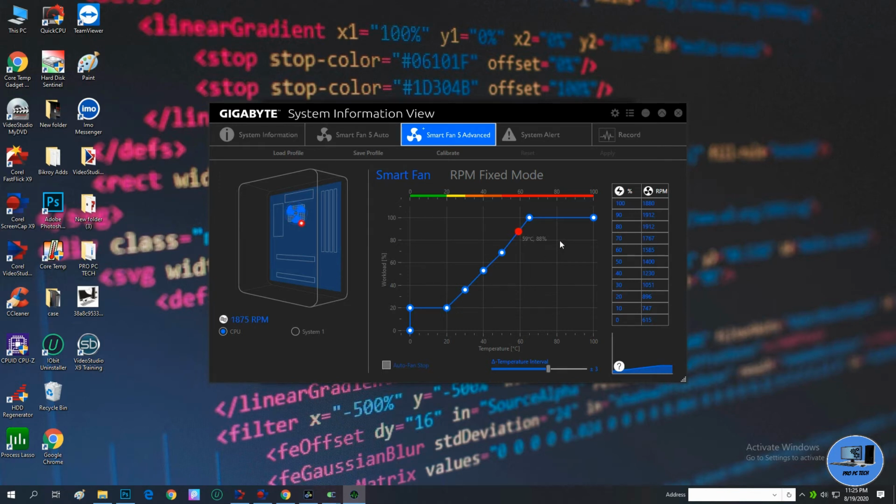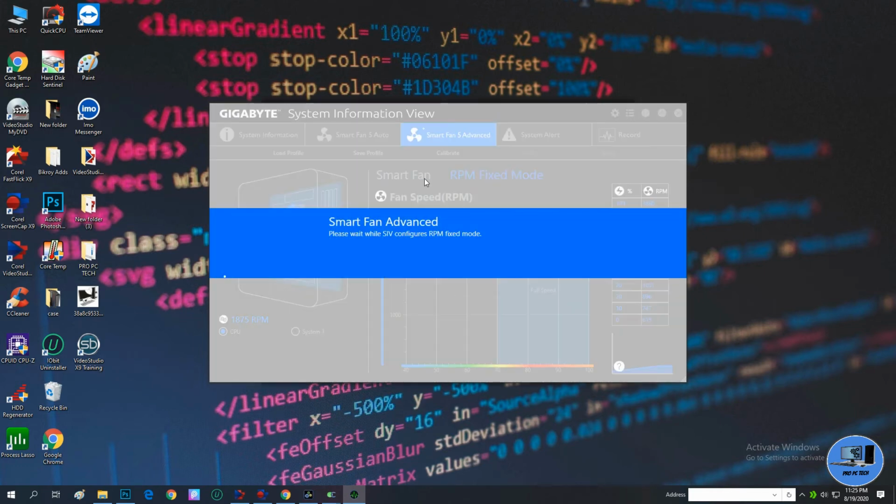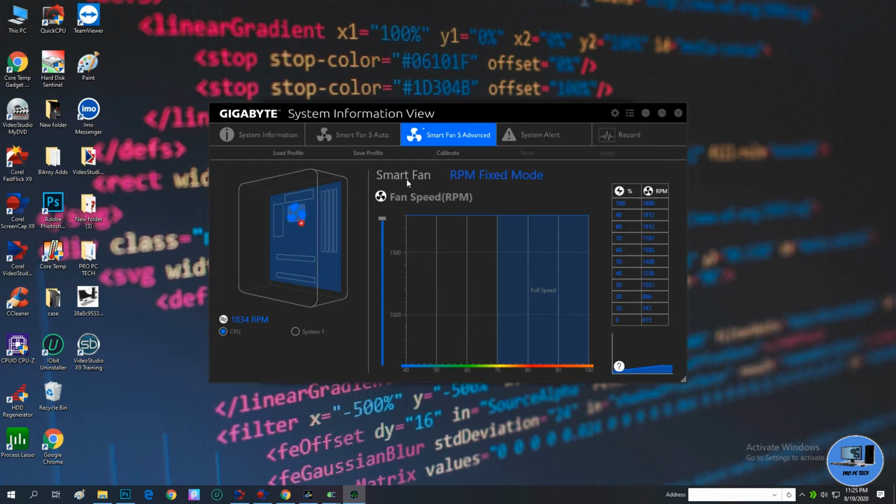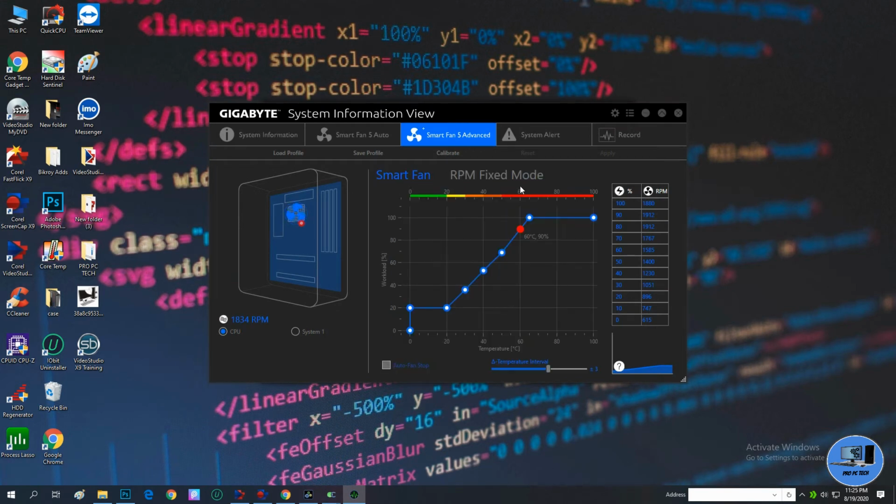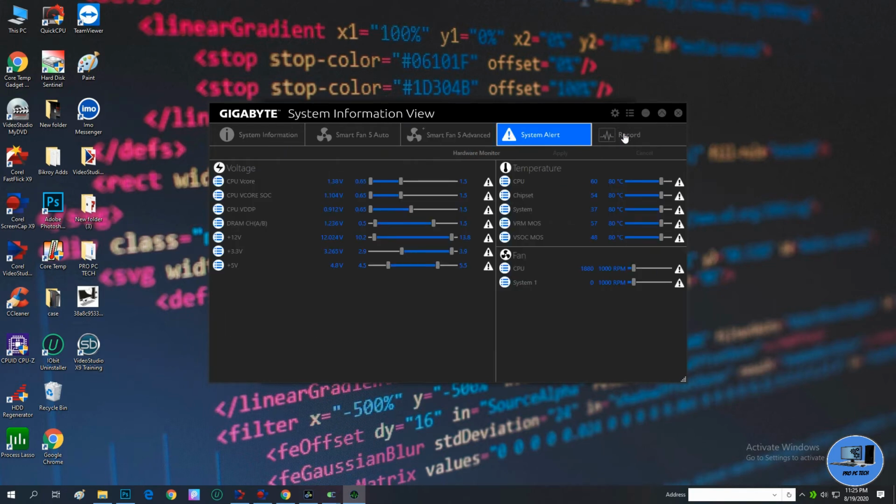Smart Fan 5 is also a nice feature. You can set your fan's speed from here. RPM fixed mode, Smart Fan. You can choose one of them.